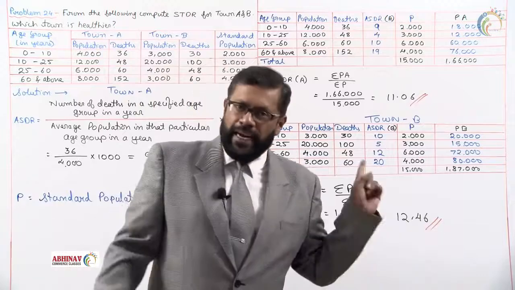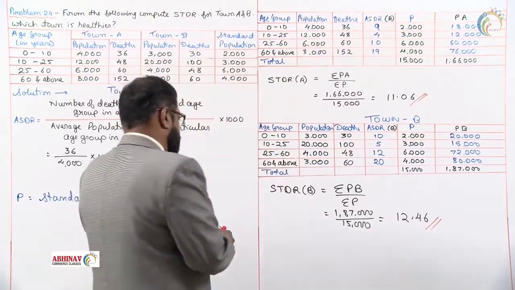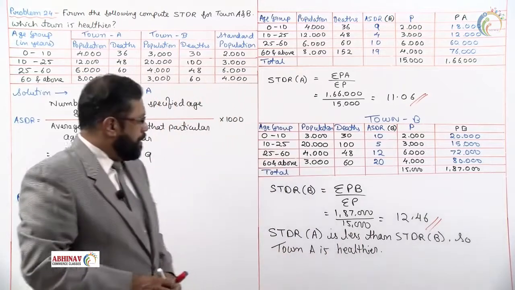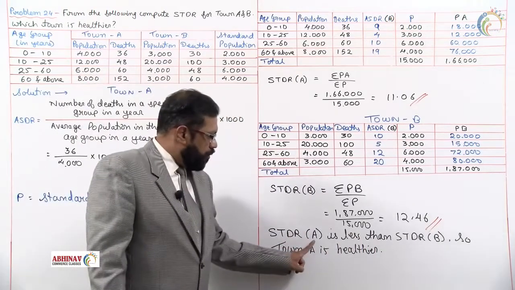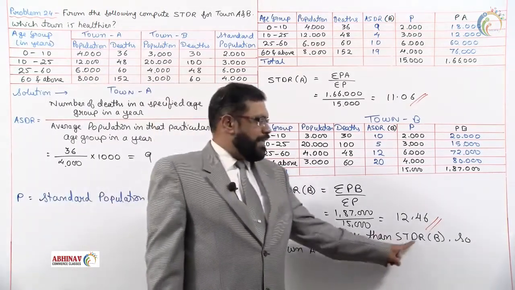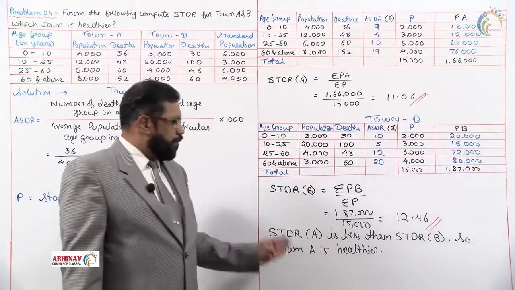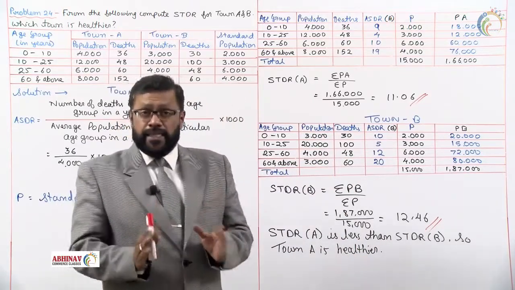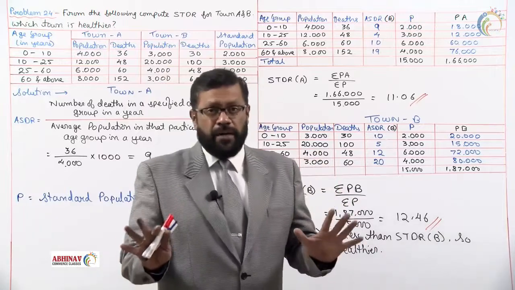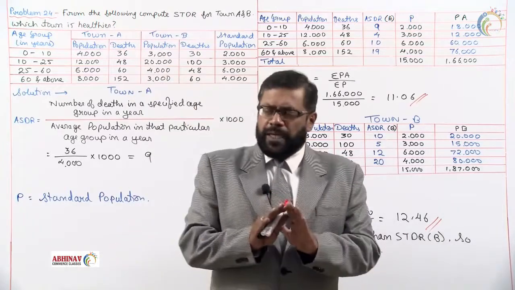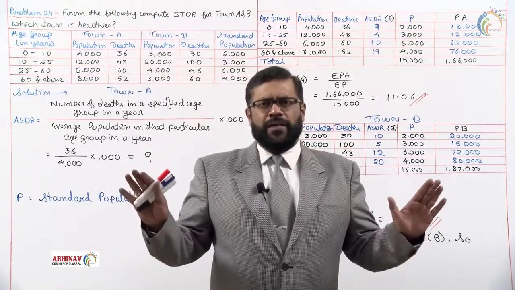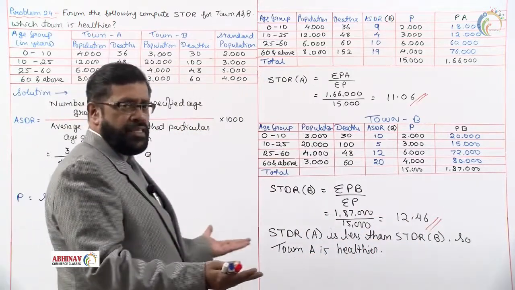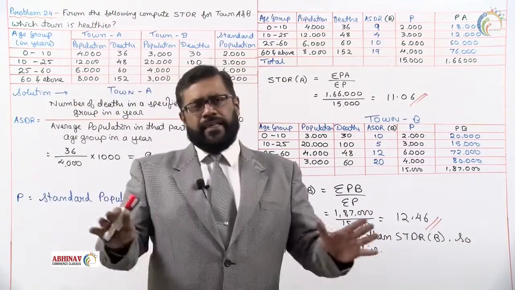That's all. Let us write that down neatly. STDR of town A is less than STDR of town B, so town A is considered healthier. This is how we solve STDR. In the examination, we get these problems for a full 10 marks, and this is to be done very neatly. The presentation has to be proper, everything the way we have done, using a scale and pencil to draw the lines, everything neatly.